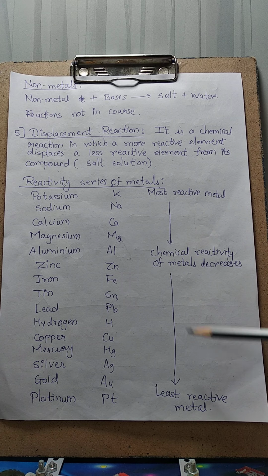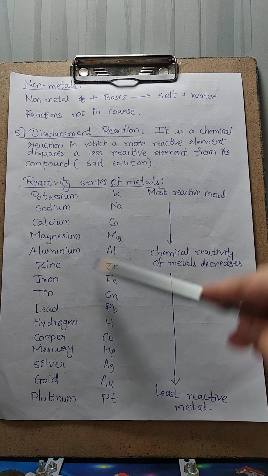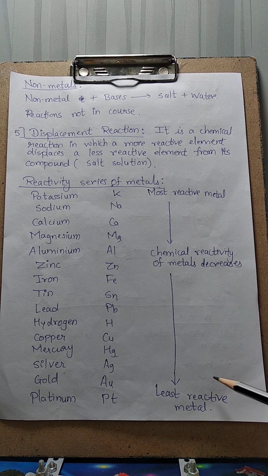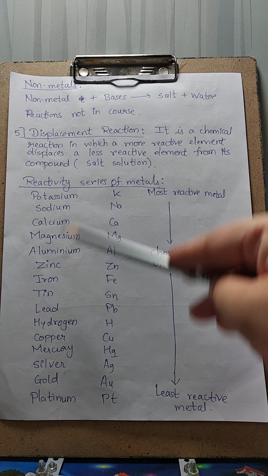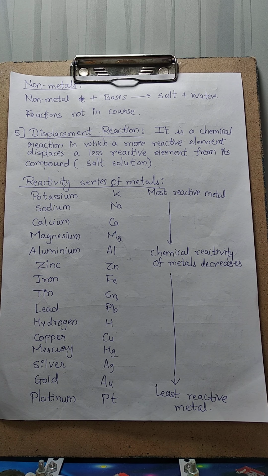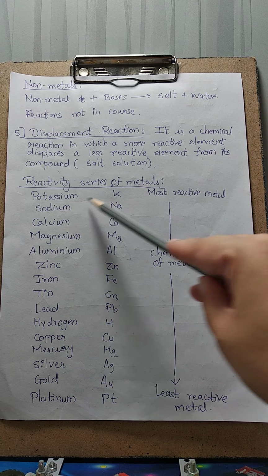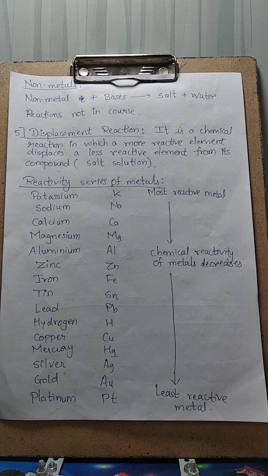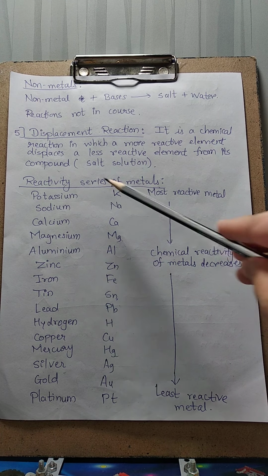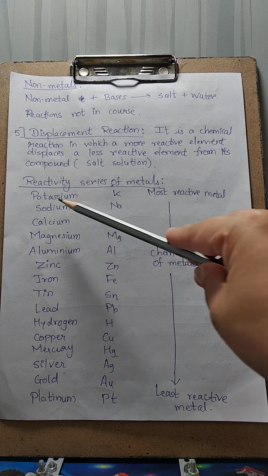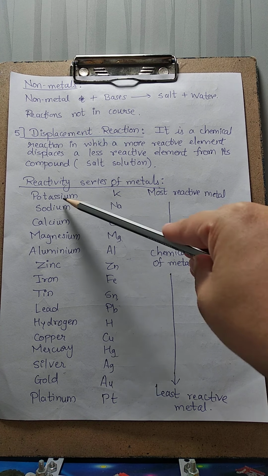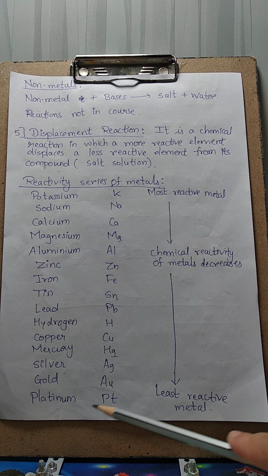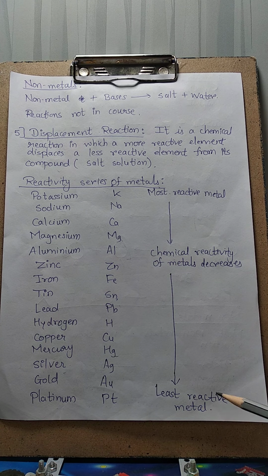What is written in this table is the names of elements, their symbols, and their reactivities. Their reactivities means how easily these elements can react with different substances. So, based on that, they are put number wise in this reactivity series. The more reactive element is placed at the top and the least reactive element is placed at the bottom.